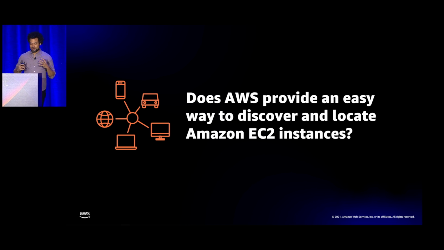Awesome. Thanks, Art. So Art spent a good amount of time talking about the selection process for EC2 instances. And it's something you probably recognize now, that we offer a very broad and deep platform of choice, of very workload-specific instances. So we're also investing in making it easier, right? We want this platform to be easy to use. And one of the things you want to think about is, well, if I'm going to do this manually, that probably can get kind of cumbersome. And so you might be asking, is there a tool I can use to make this process a little bit easier? I'm going to tell you about 3 of them.